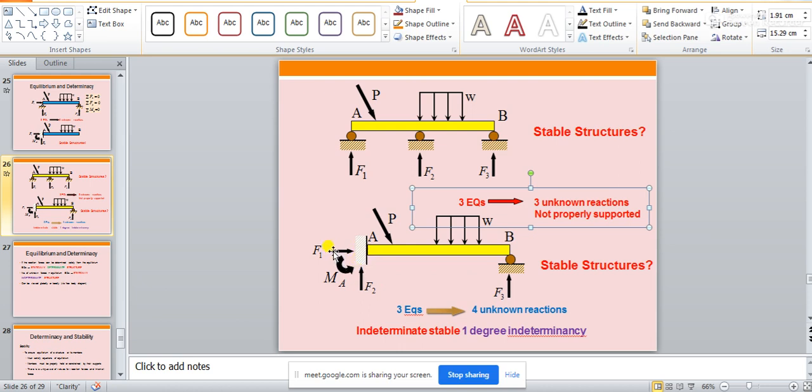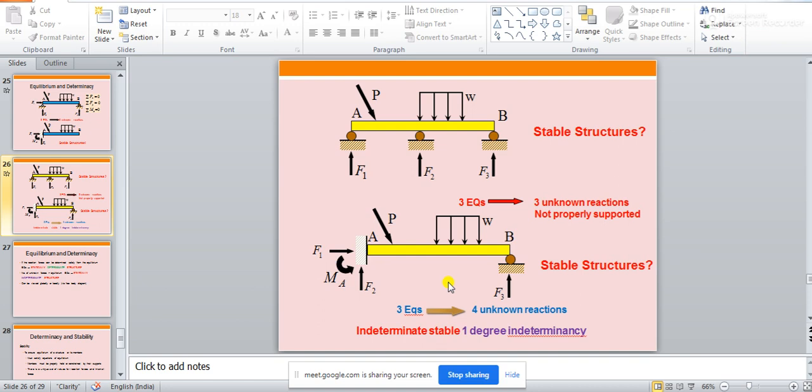So this horizontal force, whatever is coming, can be taken by a horizontal reaction at this fixed support. So basically this structure is a stable structure. This is a propped cantilever, it is a stable structure, but you see